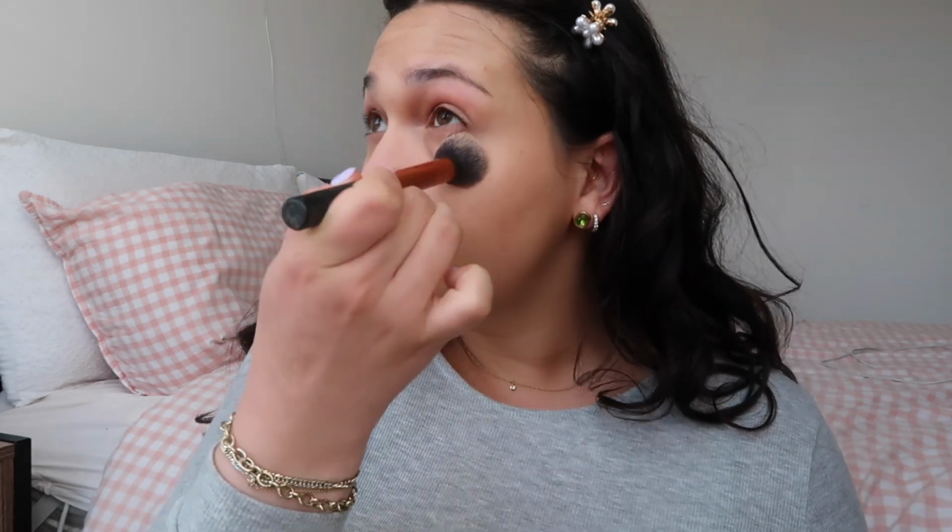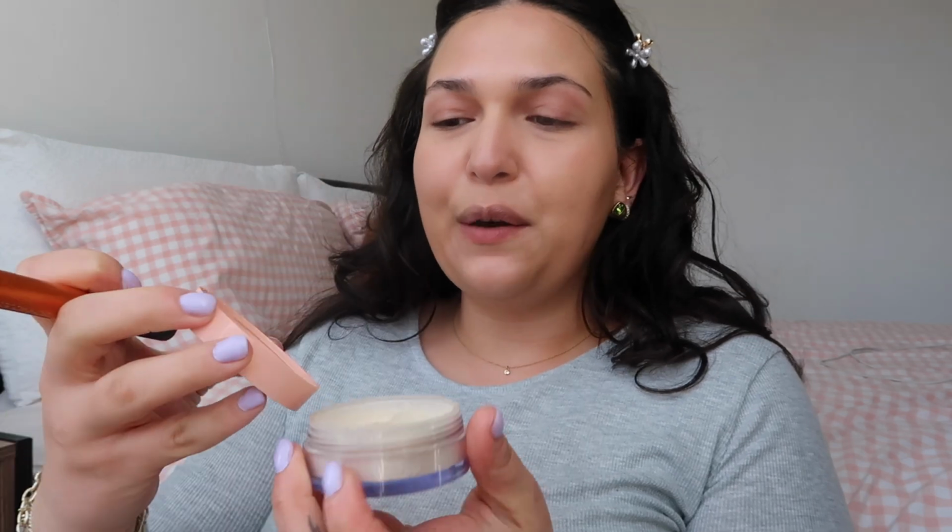Sometimes I use a velvet powder puff and then other times I use a brush. It just kind of depends on what look I want. And then I'm just gonna use the e.l.f. Halo Glow setting powder. This is the drugstore powder that I'm using, and this is in the shade Light, but